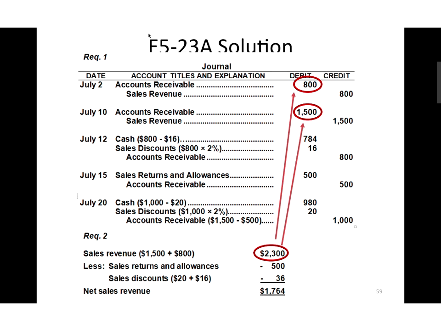Gosh, I circled the wrong thing. Okay, so it looks pretty. The circles, which I can't fix for this class, but I can certainly rectify for the next one, should be the credits over there for sales revenue. It works out the same. So the credit to sales revenue on July 10th, that's where the 2,300 is coming from. So again, I'm telling you verbally to correct this because I can't correct it on the slide right this moment.